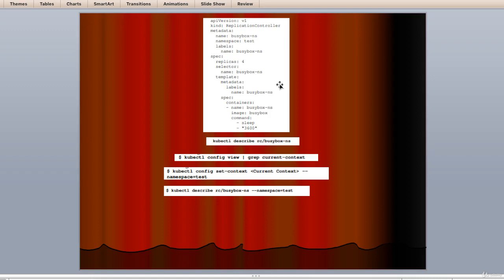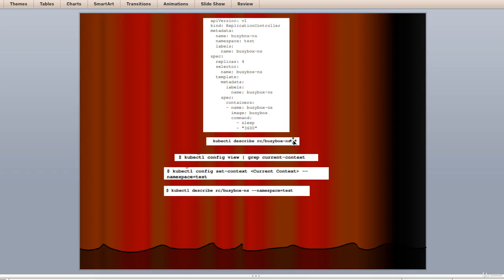Let's see what's happening with our RC. You might attempt to do that with the command here, and this is the command which I am talking about, this one, and this will let us see what's happening with our RC. However, if you try, you will be discouraged to see a not found message from the server.